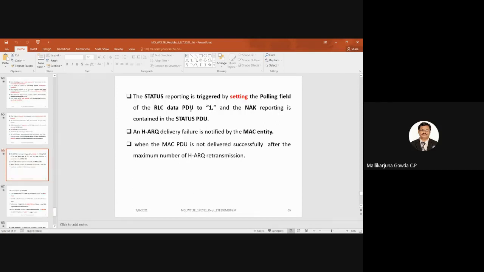So the status reporting is triggered by setting the polling field of the RLC data PDU to 1, and the negative acknowledgement reporting is contained in the status PDU. And hybrid ARQ delivery failure is notified by the MAC entity when the MAC PDU is not delivered successfully after the maximum number of hybrid ARQ retransmissions.